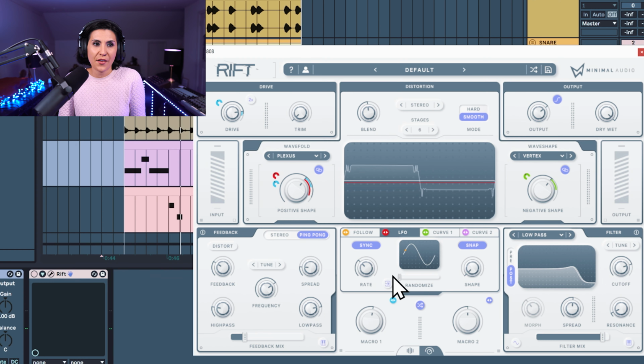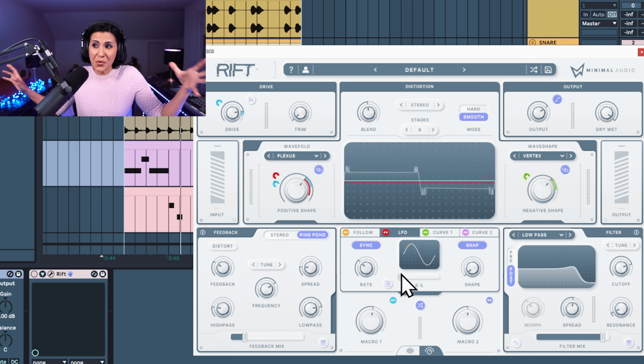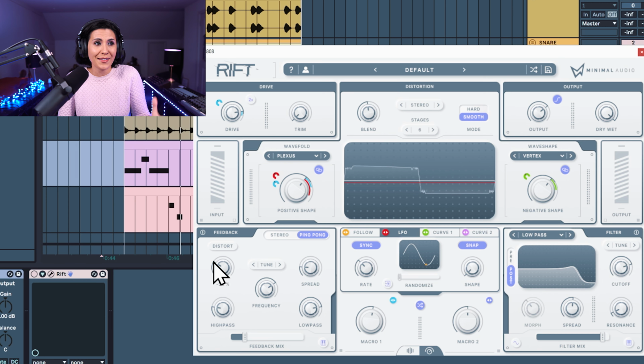Down the bottom here of the LFO, you can see that we have the option to randomize, which means further more randomization of this very basic. If we just play the 808 by itself, that's what we originally started with. And now if we add even more randomization to our LFO modulation,